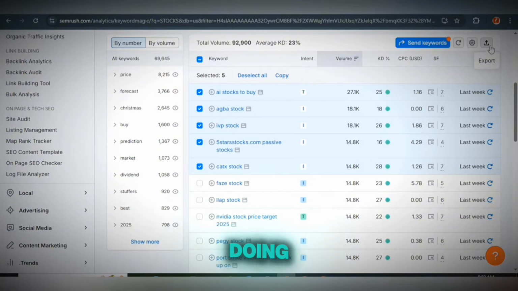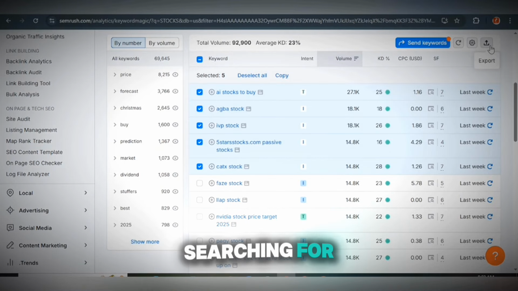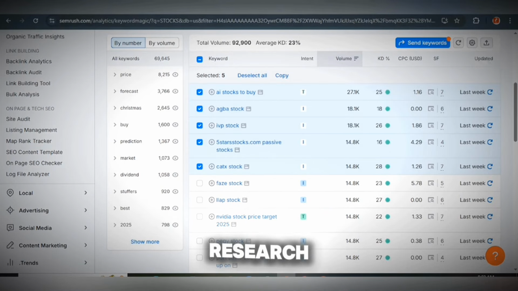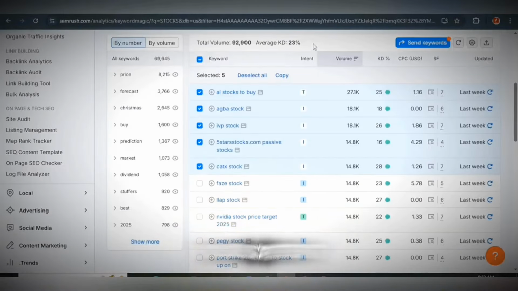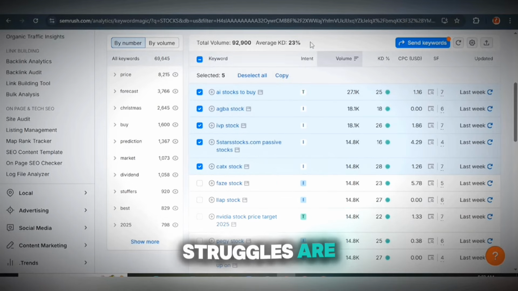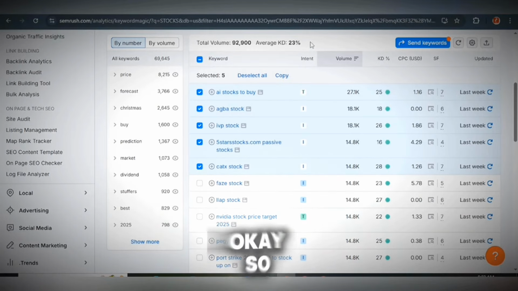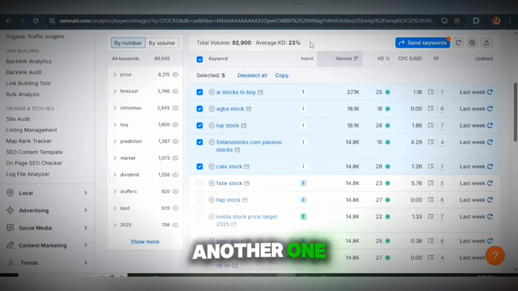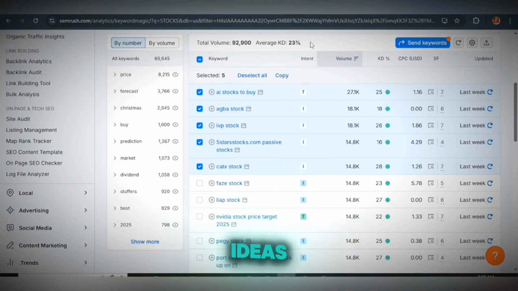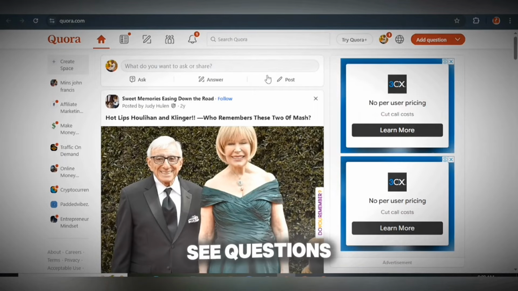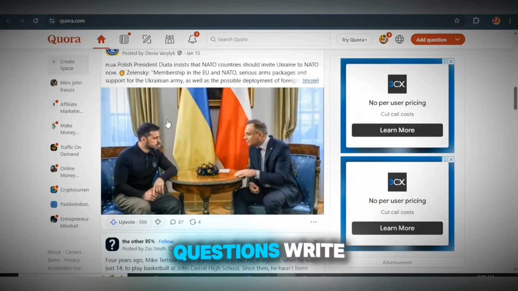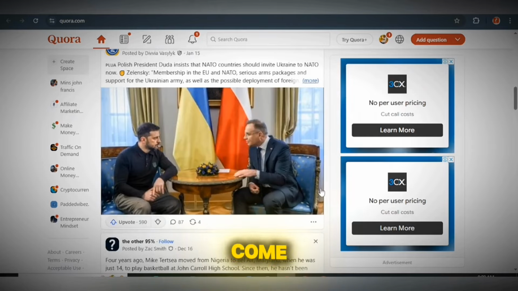And by so doing, there's no need of brainstorming on ideas to write on, or searching for what people are searching for. With these two research tools right here, which are Answer the Public and SEMrush, your content idea problem and struggles are solved. So if you've already conquered that particular one, there's another one for you to conquer. There are other places to get ideas for your blog website. You can use Quora, where you can see questions people are asking. Pick those questions, write content about them,